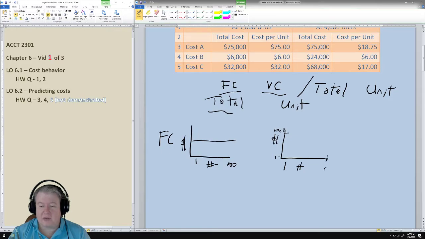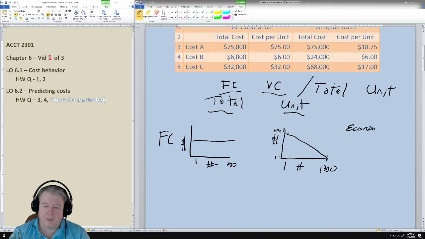Or if you build 1,000 bikes, well, then you're spreading out the rent over all of these bikes, right? So this is what the cost looks like for the unit fixed costs versus the total fixed costs. And we have a name for this. In economics, we call this economies of scale. In other words, you're spreading out your fixed cost over more units. And that, believe it or not, this little thing right here is one of the two key points